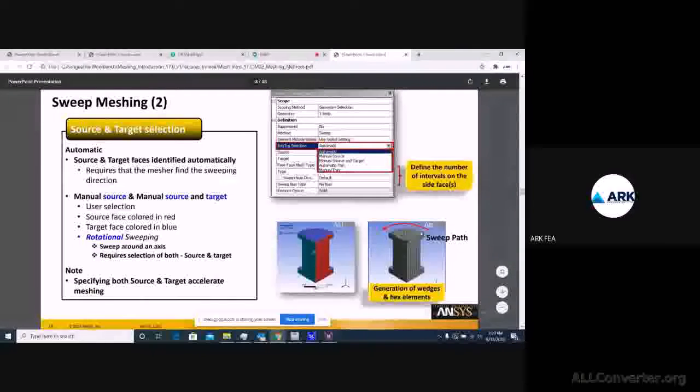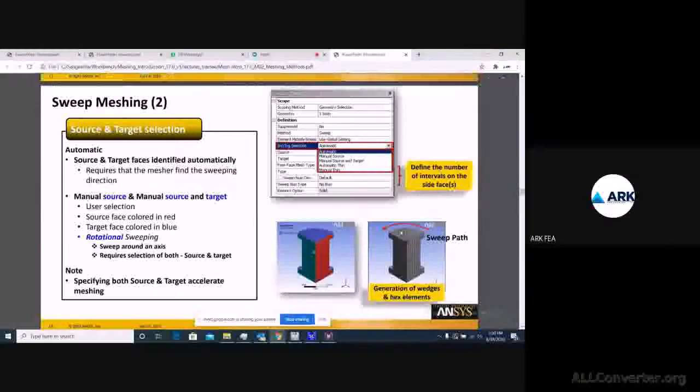The sweep path figure you can see here is in terms of 360 degrees, how many sections you want to divide it into, or this is divided into 90, so how many you want, you can define it.